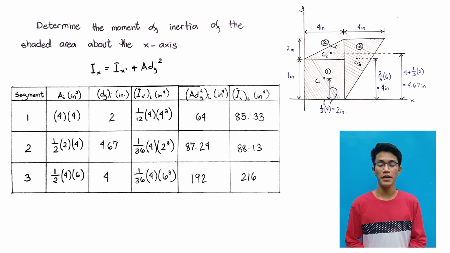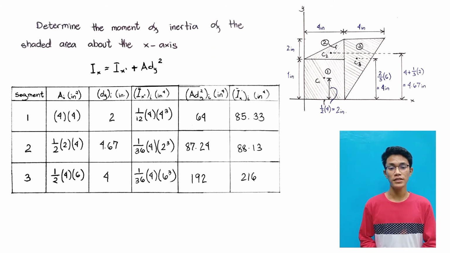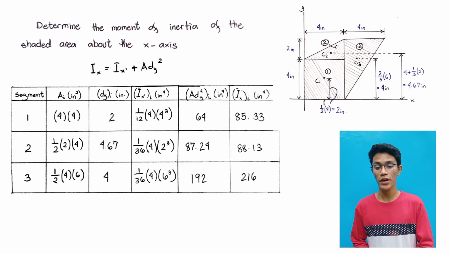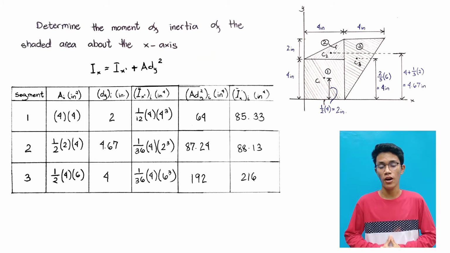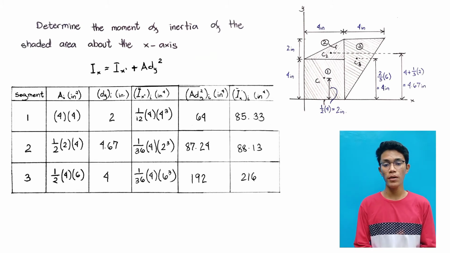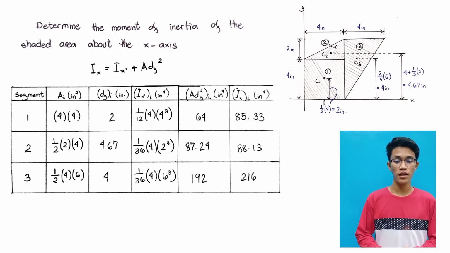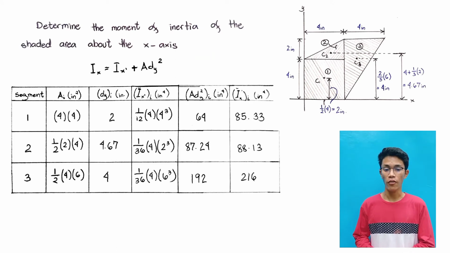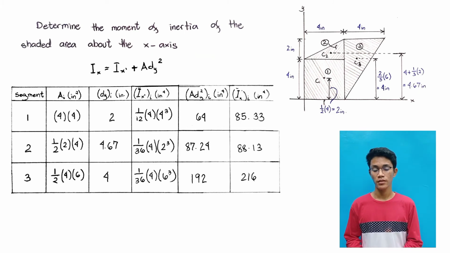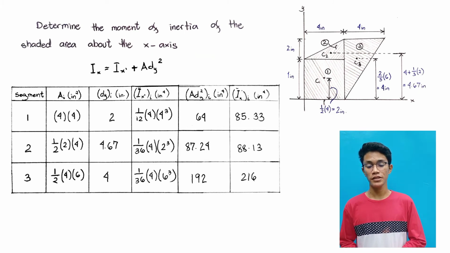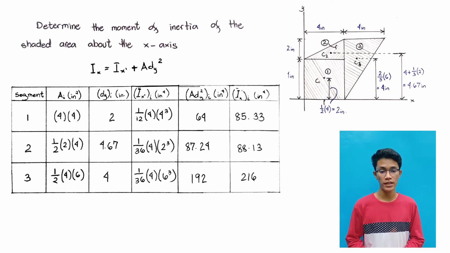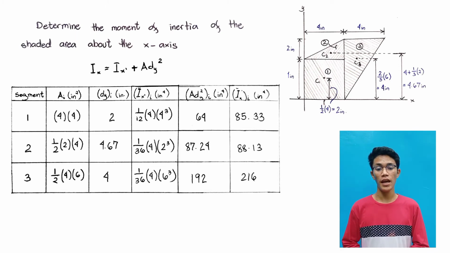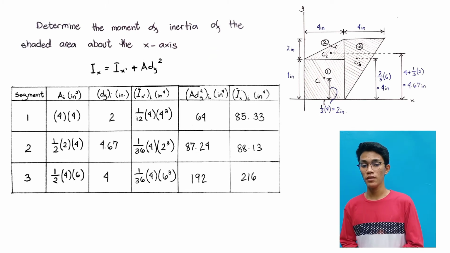So for our square, it has 64. For our second segment, it has 87.24. And for the third segment, it has 192. For our last column, we are going to determine the moment of inertia of each of the segments. We can get it by adding the results of our fourth column and our fifth column. So, for our first segment, it has 85.33. For the second segment, it has 88.13. And for the third segment, it has